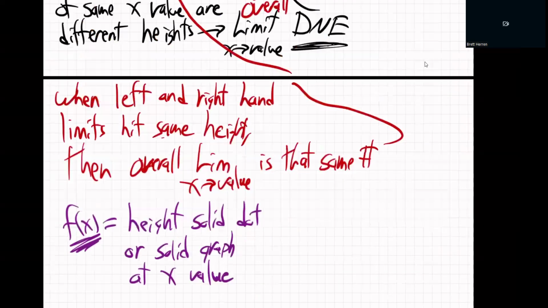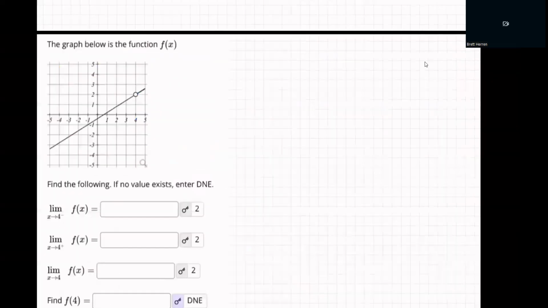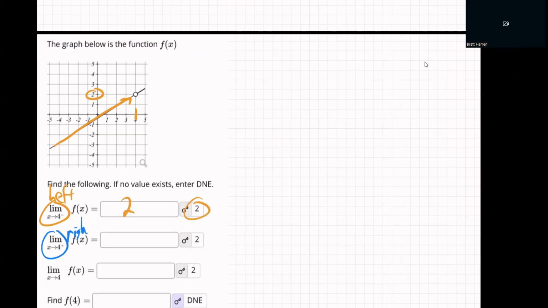Let's look down here at another example. How about this one? So we're talking about going to 4 from the left. Here's 4. Coming to 4 from the left, what is your height? You're coming in at a height of 2. And then when you come to 4 from the right, see the plus sign here? Coming to 4 from the right, you're coming in at the same height, height of 2. Okay, so since they're the same,